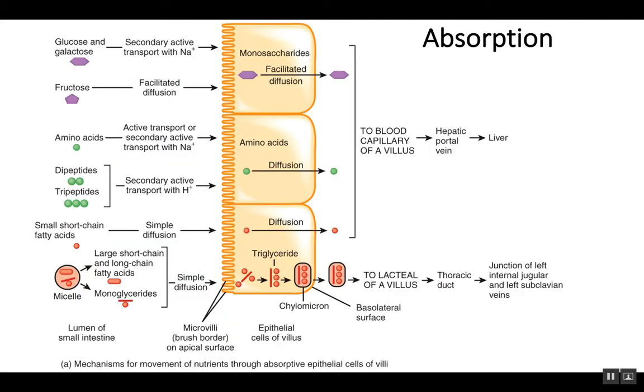Looking at the absorption, this occurs after we've done all of our chemical digestion. You'll remember that a lot of the enzymes that have been doing this chemical digestion in the small intestine came from the pancreas. There are a few enzymes produced by the small intestine. They include